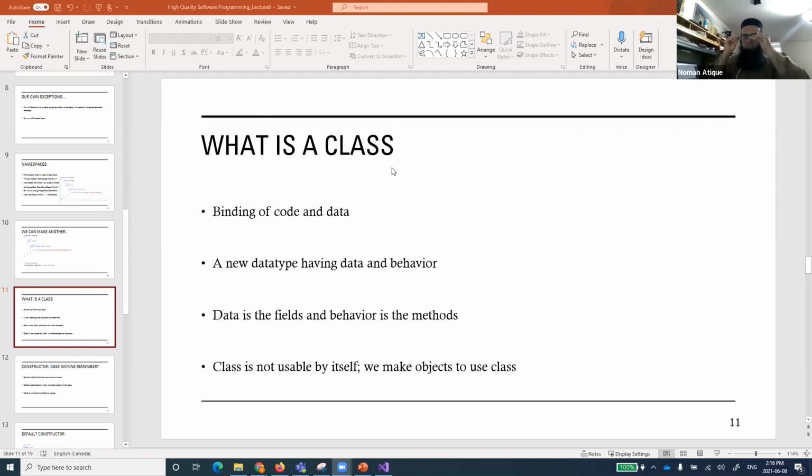That is the main core important thing that you always hear when you talk about this. So how I tell students about the class is that we have lots of data types with us. You are known to integer, float, maybe decimal, double, string, characters, etc. So there are lots of data types that we have. You remember we talked about the first effort to create your own data type, the structures.